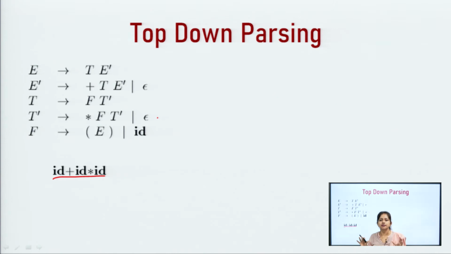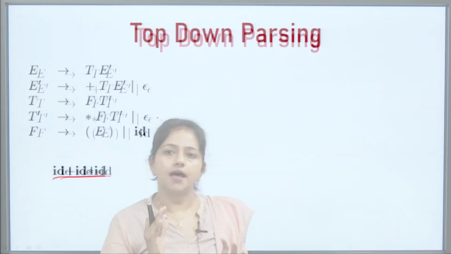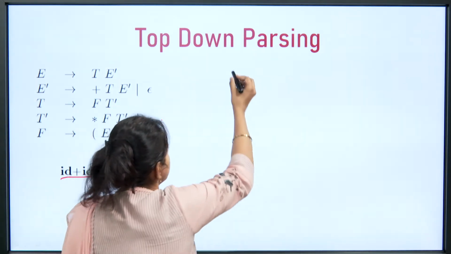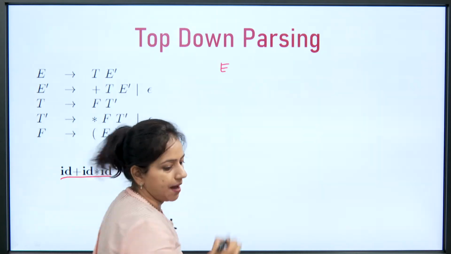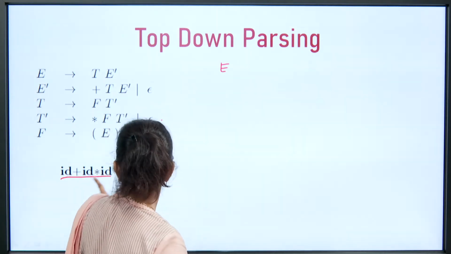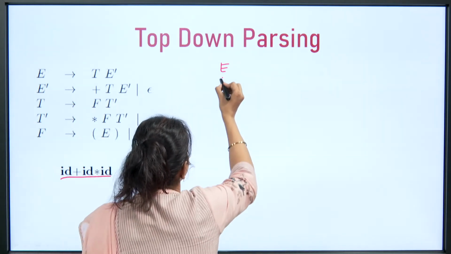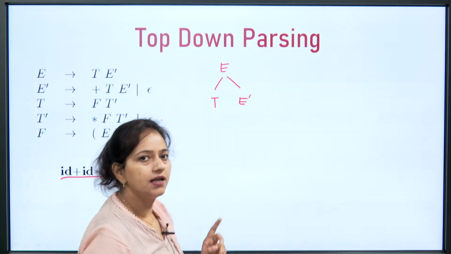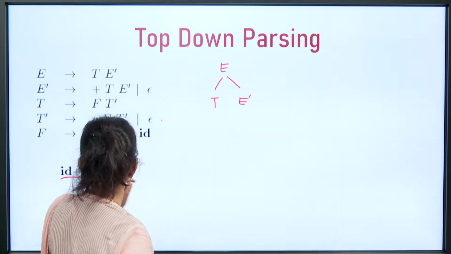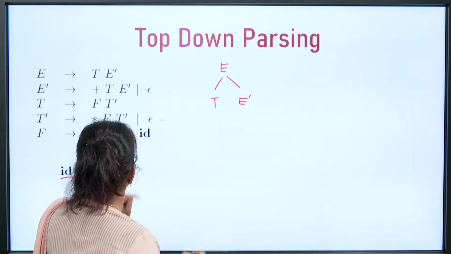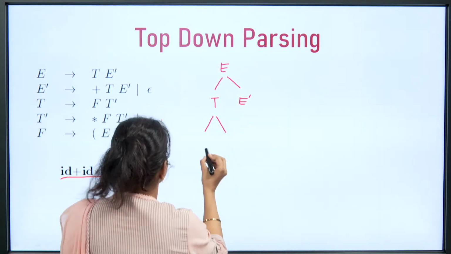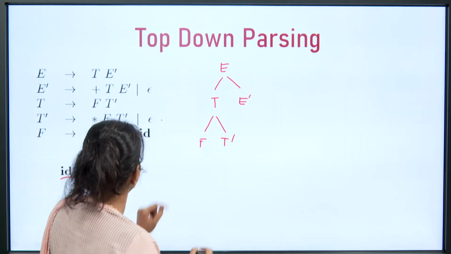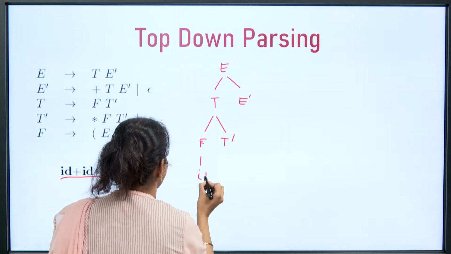Now, here we will just broadly understand the parsing, right. So, we will construct the parse tree for this instance. So, we will start from the start symbol of the grammar, that is capital E. Now, to get this instance, E should be expanded with T E prime, and in every step we will obtain the leftmost derivation. Now, this T should be expanded with F T prime. Now, F should be expanded with ID using production F2 ID.